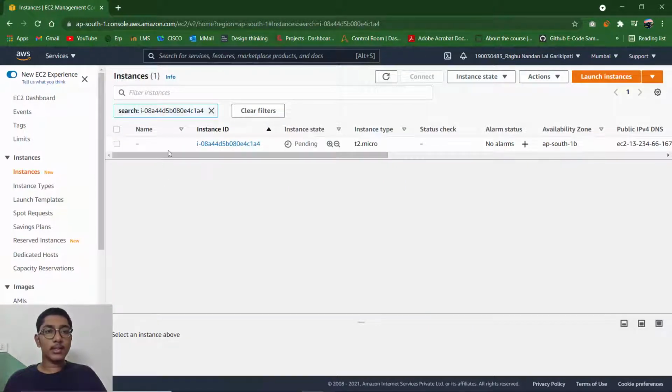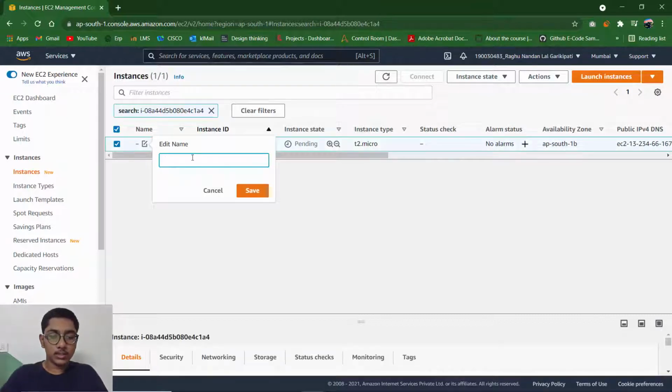To have better clarity about our instance, let's name the instance KL University underscore 1. Save.